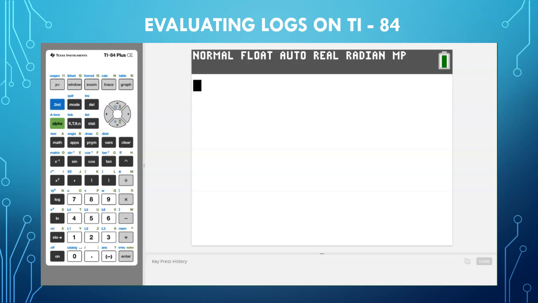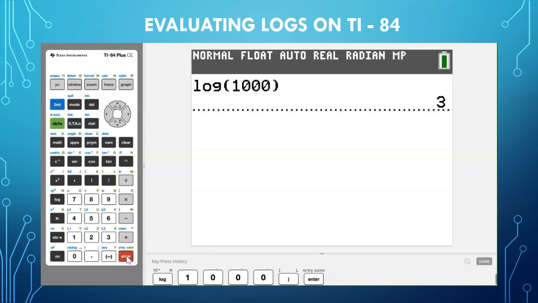On the TI-84 Plus, in order to calculate logarithms, there are 3 different ways you can do that. If you're looking at a common log, which means it's base 10 or the base is just missing, and you assume it's 10, you're going to use this log button, which is to the left of the number 7. So you just hit the word log. It opens up parentheses for you. And let's say I wanted to know what is the log of 1,000. So I'm going to type in log of 1,000,